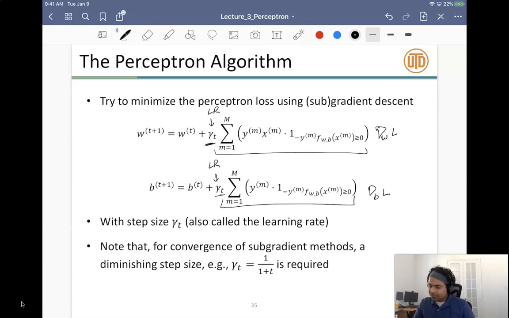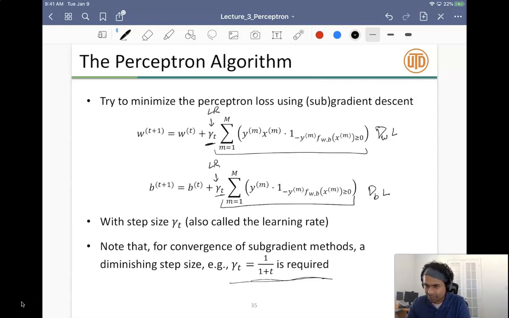It turns out that the convergence of subgradient descent actually requires a diminishing step size in theory, for a theoretical convergence proof. By the way, one very important thing to mention is that subgradient descent also will converge to the global optimum. That is great. The only thing is that it has slightly slower convergence compared to standard gradient descent like algorithms, but it still will converge. The only requirement is that in theory you require a diminishing step size of gamma t equal to 1 over 1 plus t.